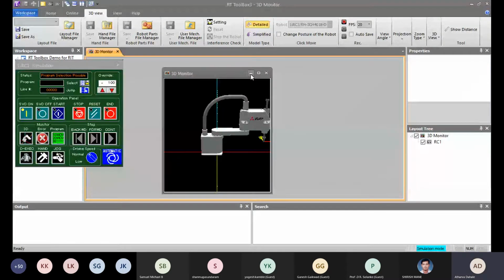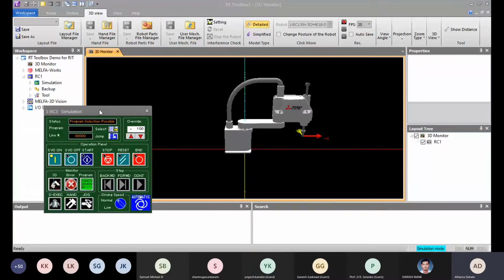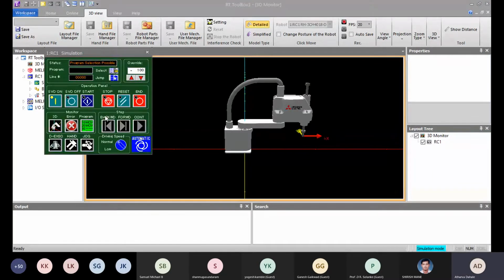So this is the 3D view of our robot, and this is the teach box. I'll explain firstly what a teach box is. The teach box is a device, a remote kind of thing, from which we can teach the robot different positions, and also we can operate the robot in jog mode, in hand mode, as well as start running the program from the teach box in manual mode.